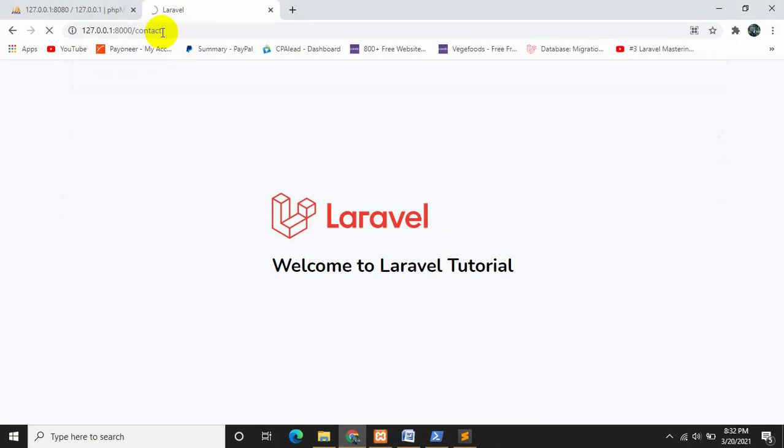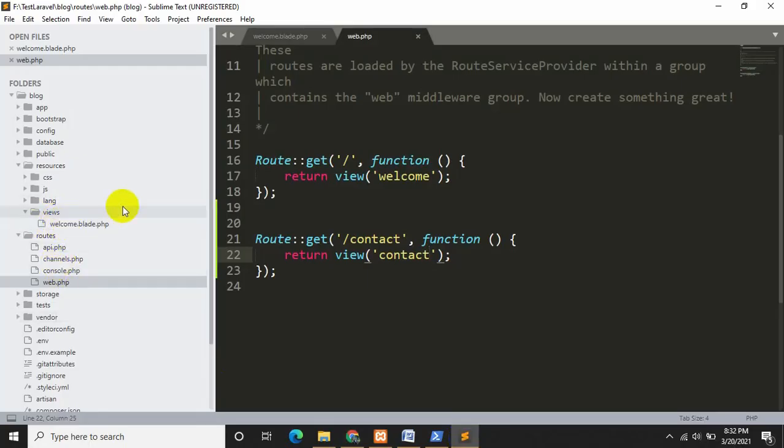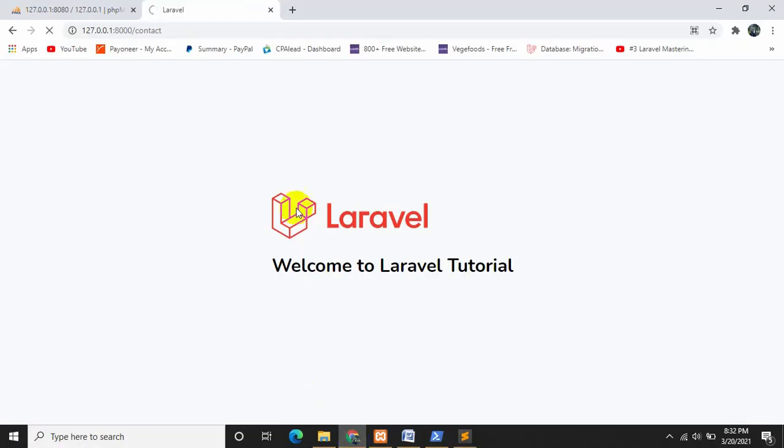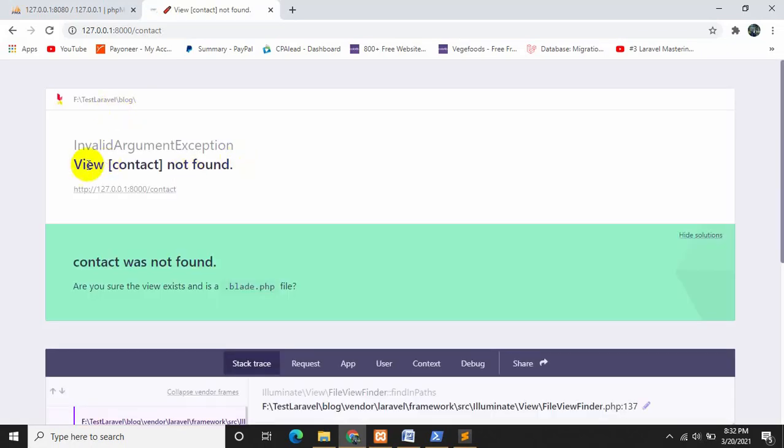Because we don't have any contact.blade.php, which should be over here inside views contact.blade.php. Now our route is unable to find the contact.blade.php. That's why it's giving us this error, view contact not found.